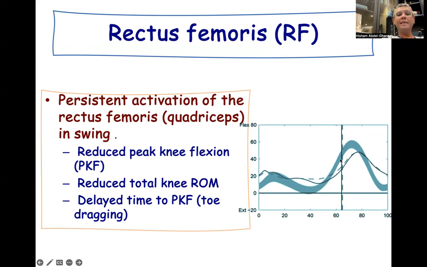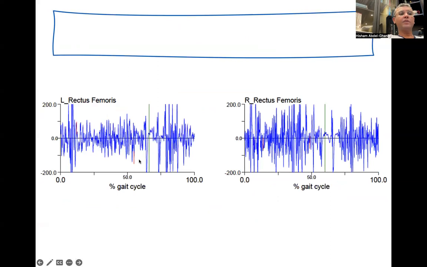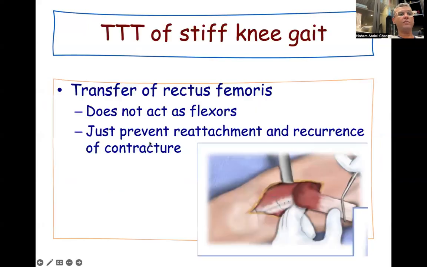And there is delayed peak of knee flexion, and there is reduced total arc of motion of the knee and range of motion of the knee during swing phase. When we find this, in addition to continuous firing of the rectus femoris, we know that this is a pathology of the rectus femoris, and the treatment